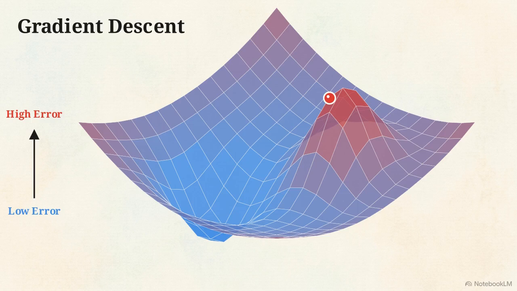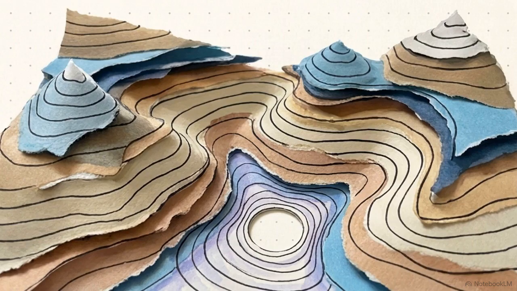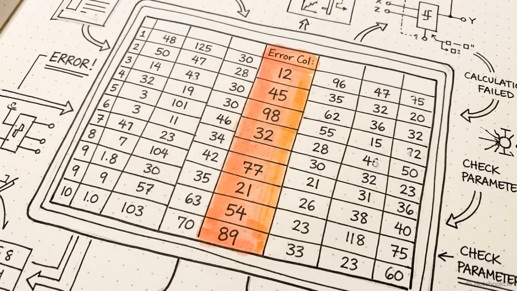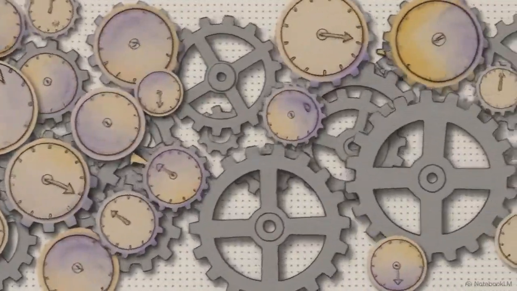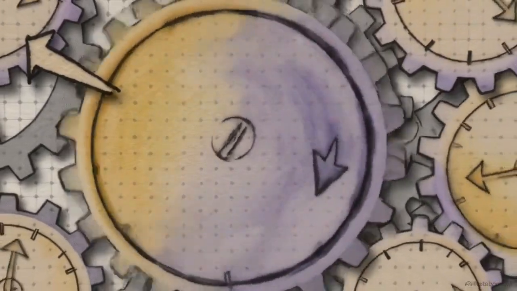It reads the terrain by calculating the exact angle of the curve directly beneath its feet. By reading that slope, the algorithm knows precisely which direction is down, toward a lower error rate. Finding the very bottom of this mathematical valley represents the point of optimal accuracy for the model. Knowing the general direction of down is helpful, but it doesn't solve the logistical problem. The network still has to actually turn its billions of individual dials to move there.